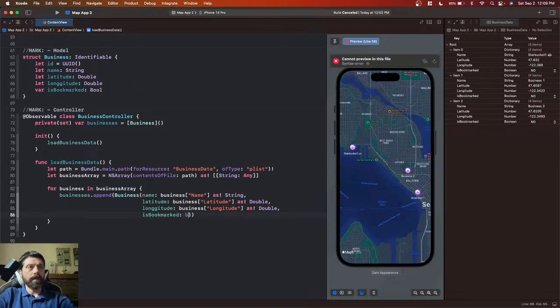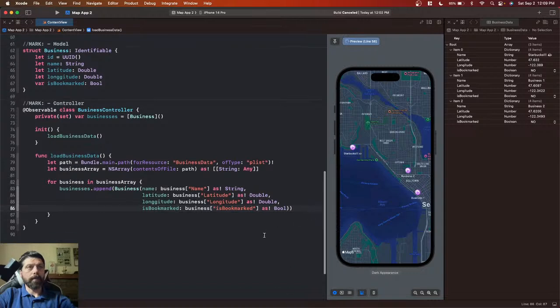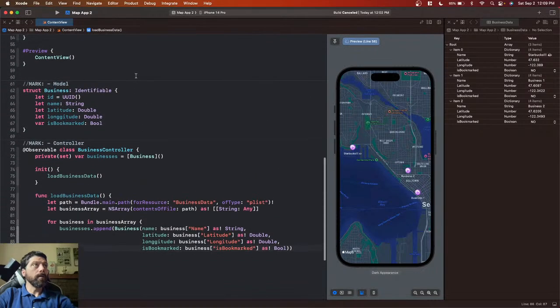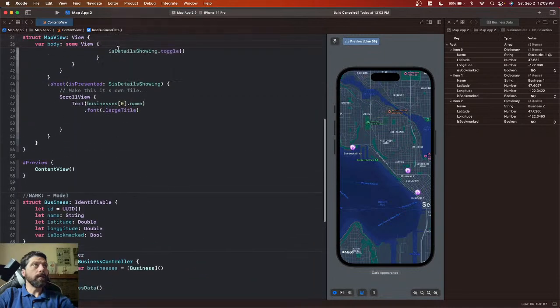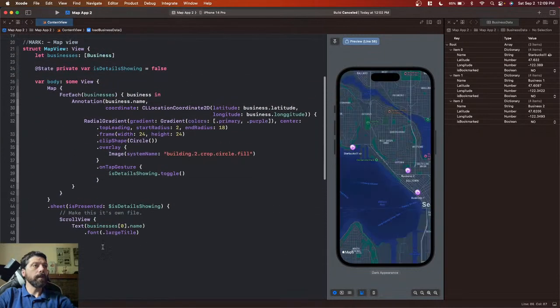And we're going to go business, and we're going to access that key, so is bookmarked, and then we're going to go as downcast boolean or bool. So that should work in the decoding and all that, but if we go to our views,